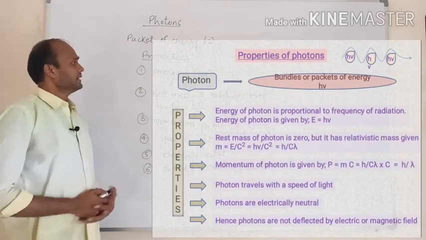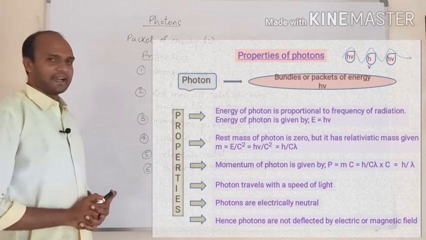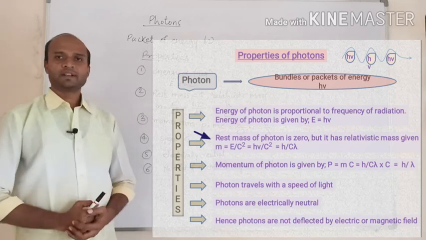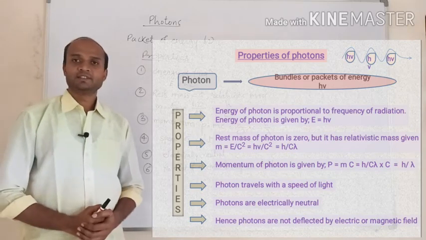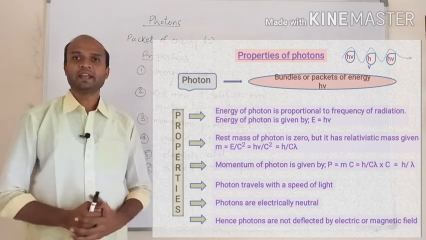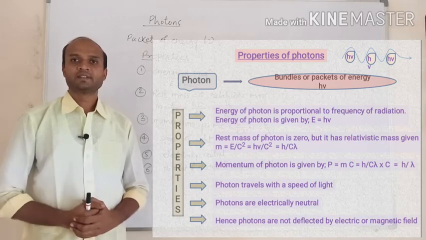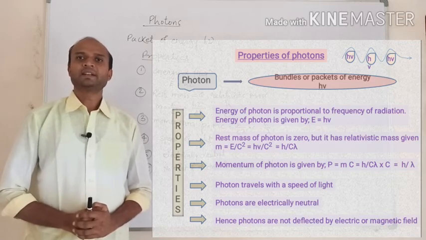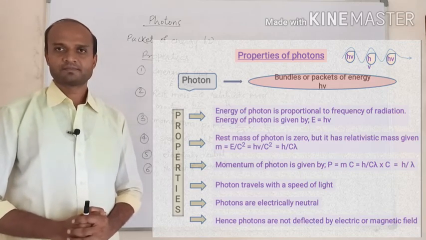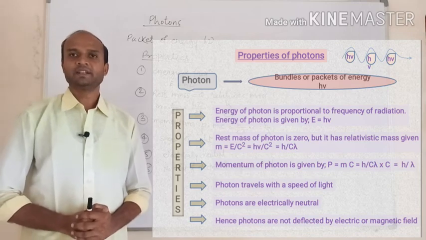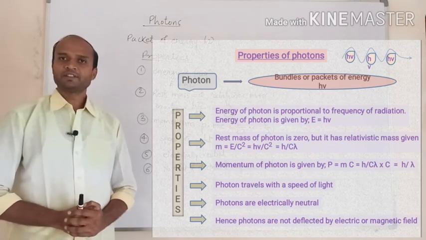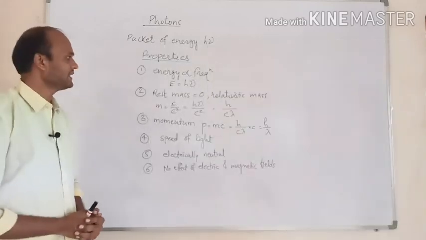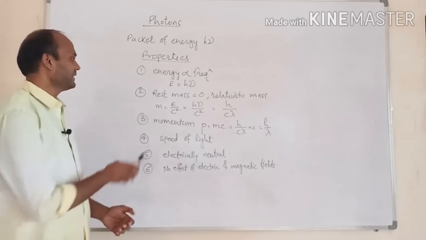Then the second property is that the rest mass of the photon is zero. Rest mass of photon is zero means a photon can never be at rest. It always travels with the speed of light, and that's why it has a relativistic mass. According to the theory of relativity, even though the rest mass of the photon is zero, it has a relativistic mass, and that relativistic mass is given by, as we know,